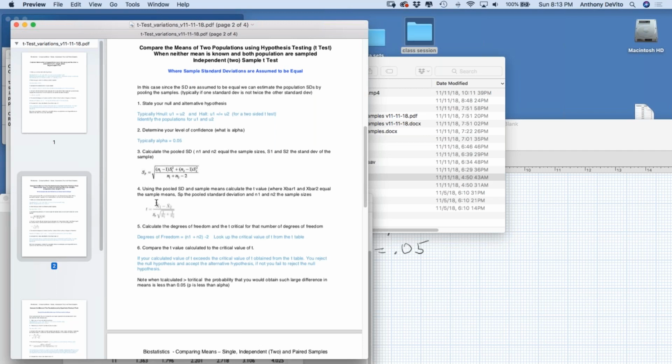Well, even before you can resolve this, you know x bar 1, easy enough to calculate in Excel. X bar 2, so you can calculate the difference. The square root of 1 over n1 plus 1 over n2, well, you know the sample sizes, so you should be able to get that. But it needs the pooled standard deviation. So before you can even do this, you have to calculate the pooled standard deviation. And that is the square root of sample size 1, which you know, minus 1, times the standard deviation of group 1,